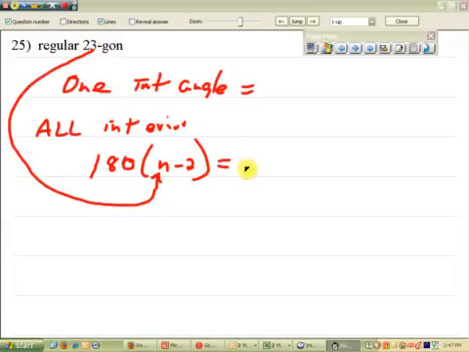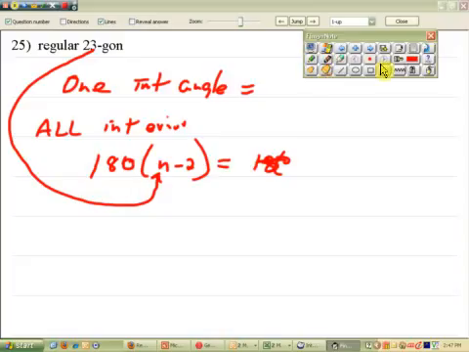To find one of those interior angles, after you find the total, you do 180 times 23 minus 2. That will equal 180 times 21,